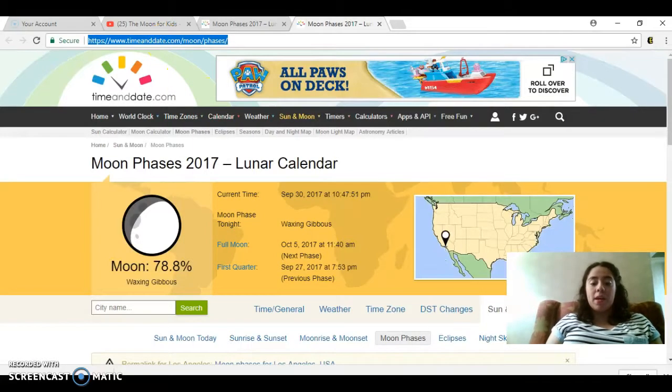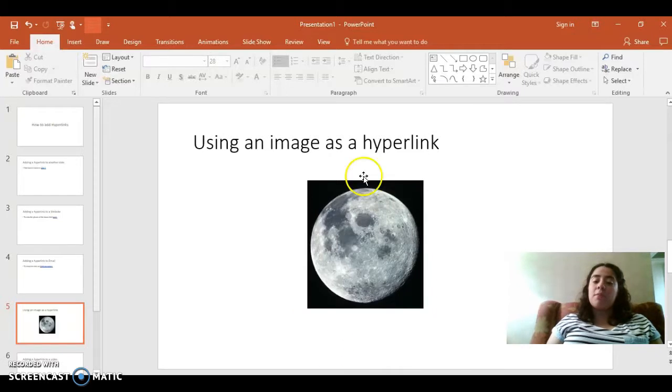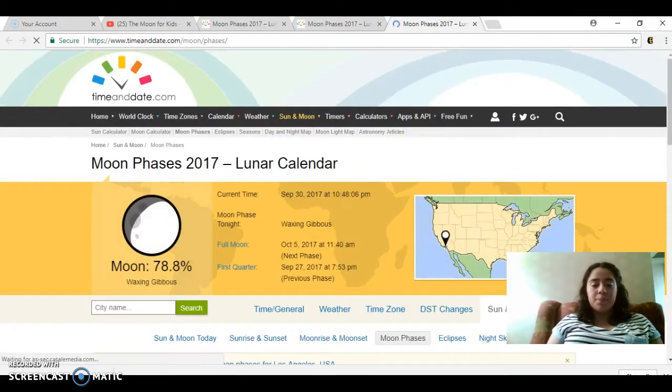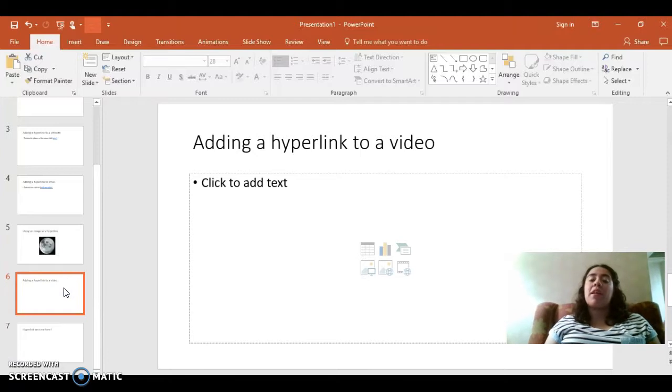I'm going to copy it, and then paste it, and then click OK. So now when they click on this moon, let's say maybe here, it should take us to that web page as well, which it did. And then finally, we have how to add a hyperlink to a video. So I know a lot of people like to just put the actual email, the little address, and then click